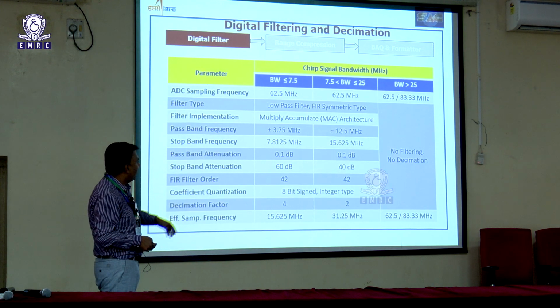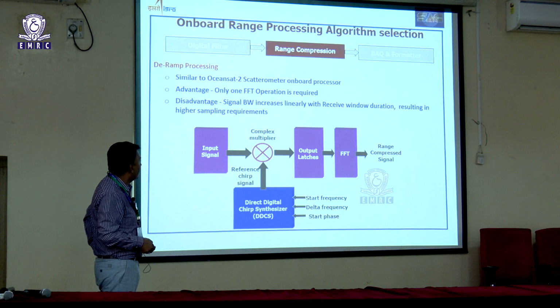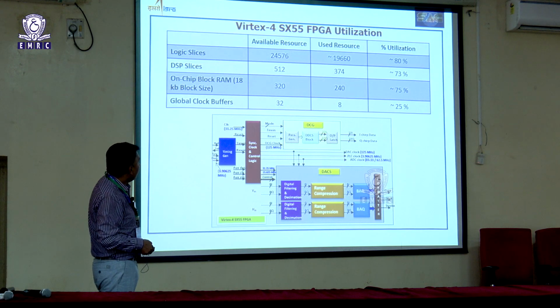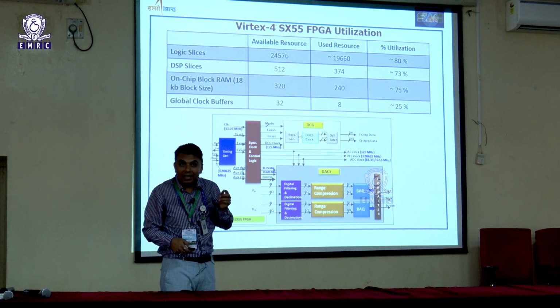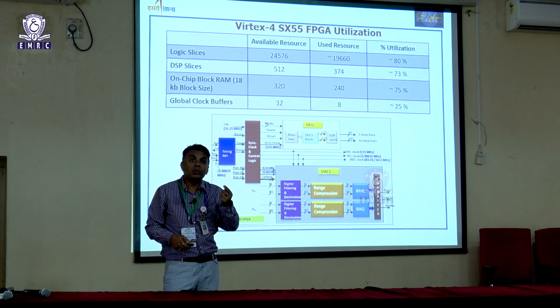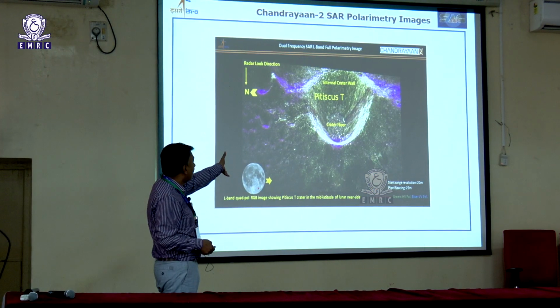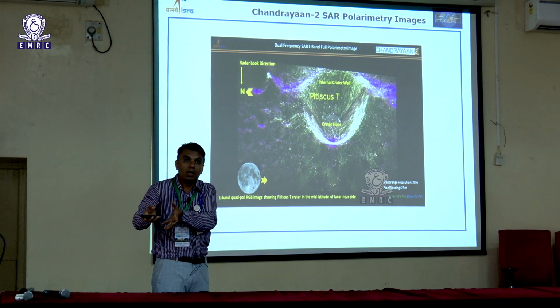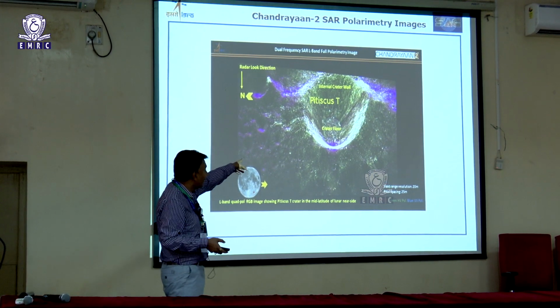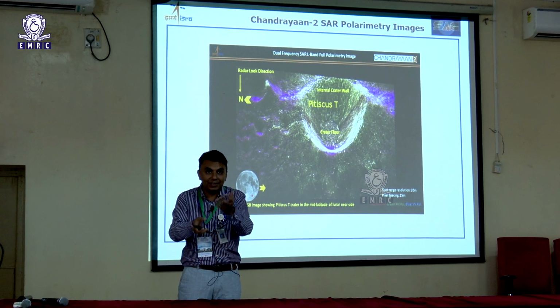These are the various filtering stages, and these are the specifications which we have implemented. Some onboard range processing we have also done using the Virtex 4 design. This is basically the Virtex 4 which flew in Chandrayaan 2. But in Chandrayaan 3, Virtex 4 is a little prone to sensitivity with environmental conditions. This is just an image which we capture from the onboard camera and then compute against the images we have stored. So if there is a crater, the image will tell you there is a crater, don't land there. That type of onboard autonomous decision is there.